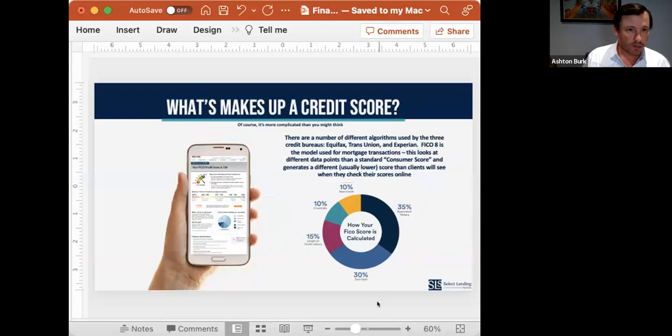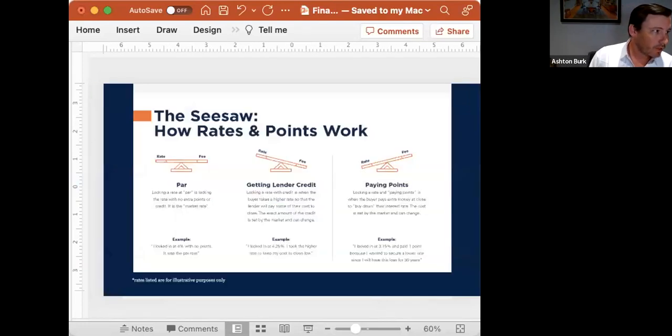So real quick, we're going to talk about interest rates and points. PAR is what folks typically reference when they're talking about what interest rate did you get or what were you offered. That is essentially a free interest rate. Up until, I would say, 9 months ago, you could get a PAR interest rate on pretty much everything. Now, with interest rates having increased so much so quickly,